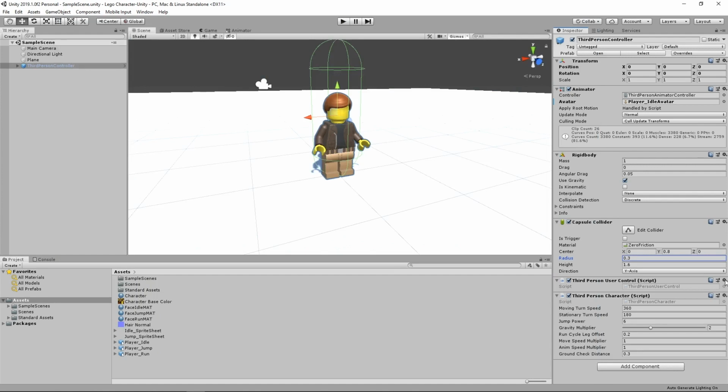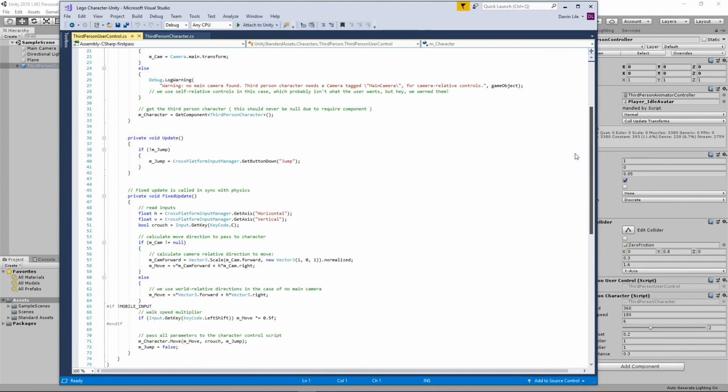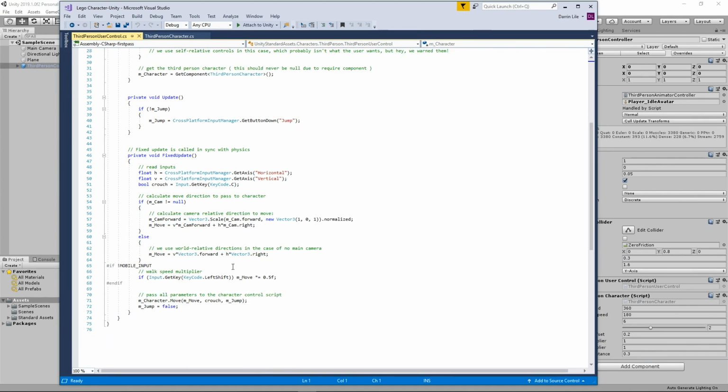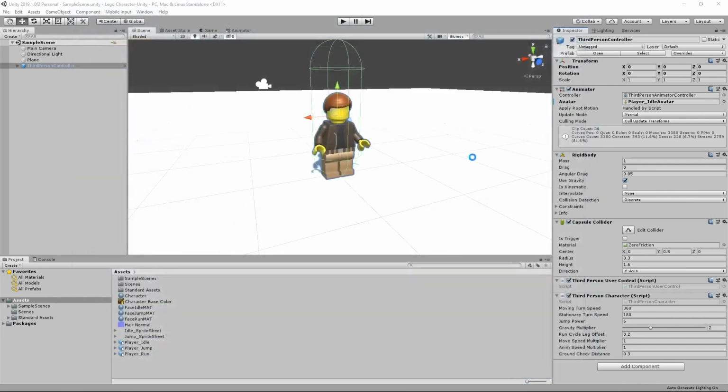Also, in addition, we have the user controls here for the camera and the controls for a mobile device. And there's just a lot going on. So I think it's beyond my personal capabilities to go into great detail here. I'm not the one to learn scripting from. But what I can do is create a very simple script